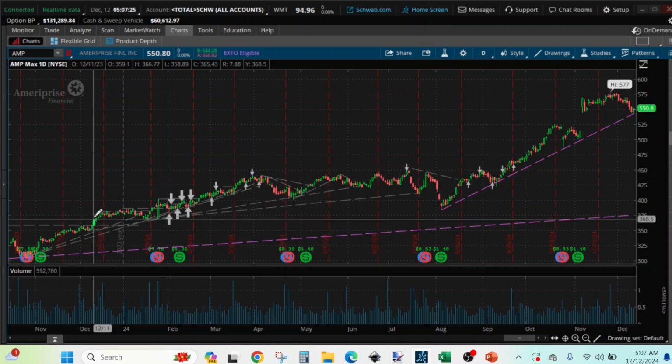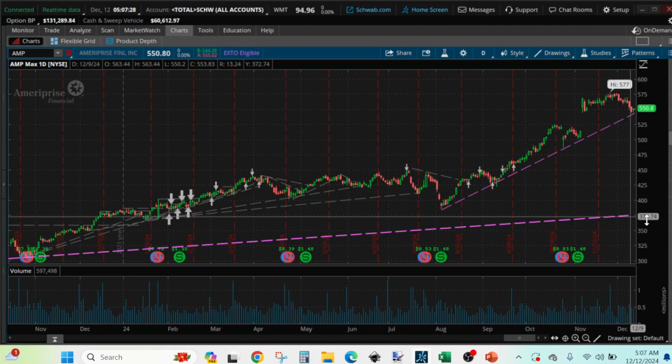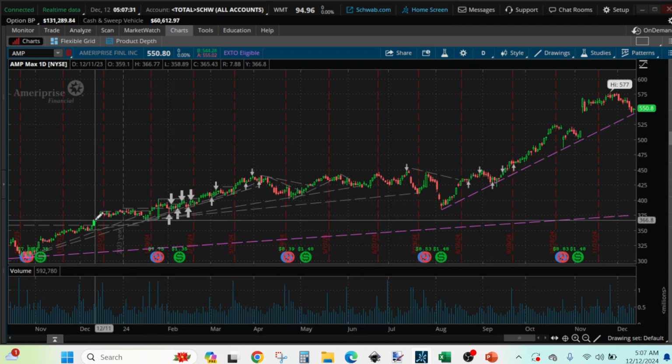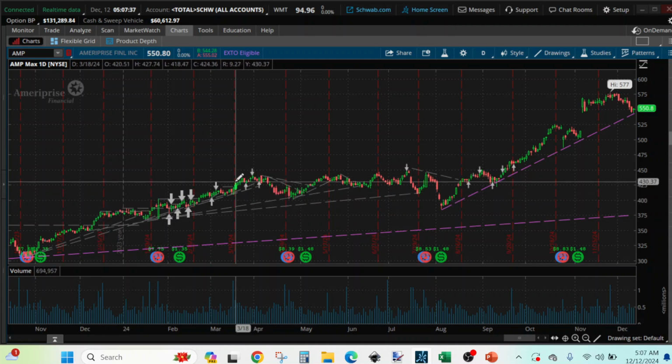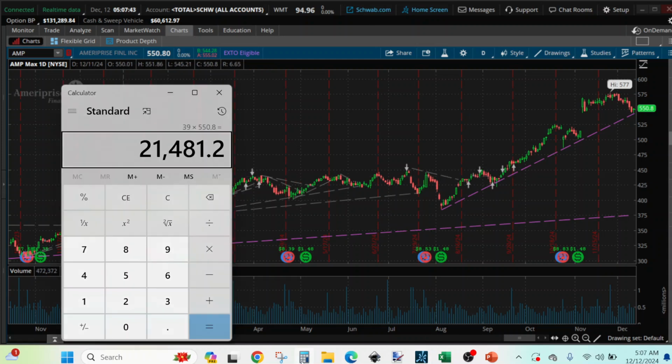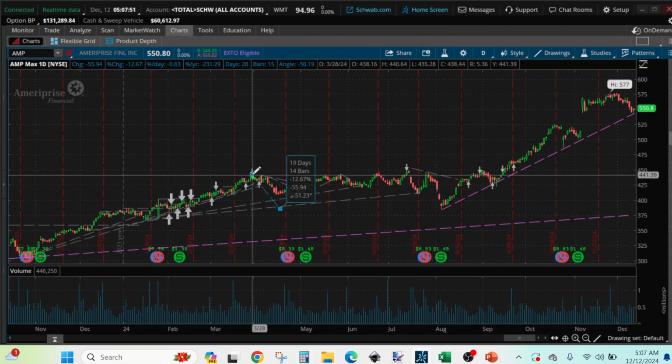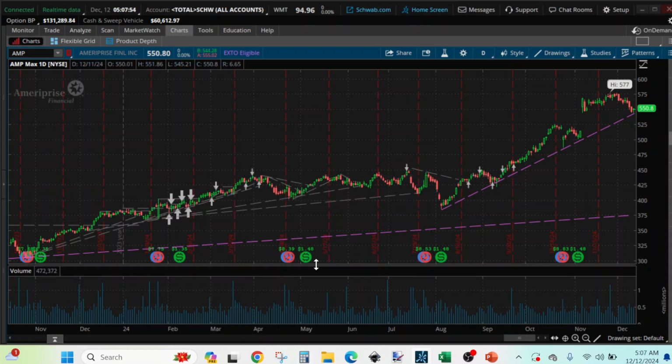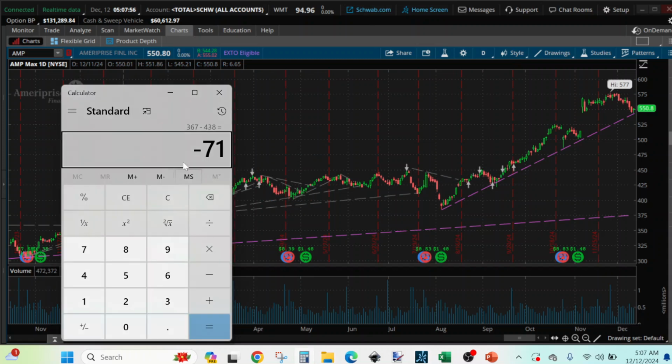So if I go from somewhere here, which is where this line is, 367, let's just say 367 to 438. 438 minus 367 is a $71 difference. So let's try it again. Yeah, 400 something. So we calculated it to be $71. It's just an assumption here. So 1,000 divided by 71 will buy 14 shares. So 14 shares